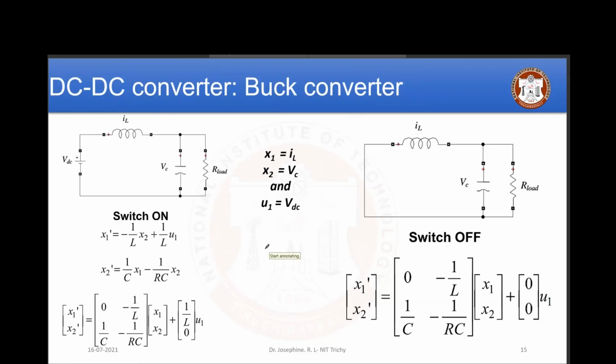So in this mode, if you apply KVL here, it is VDC plus the voltage across this, which is nothing but L di by dt. If you take the inductance L, it is L di by dt and VC. So what are my state variables? IL and VC. So in order to form a state space equation, the derivative